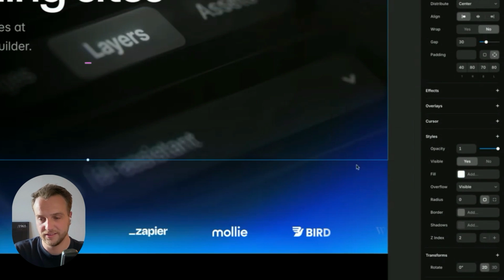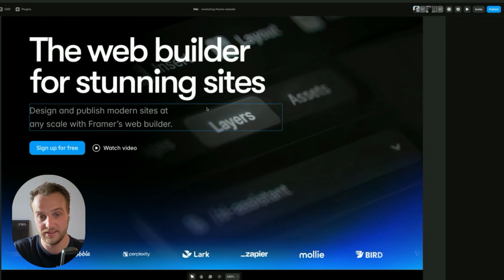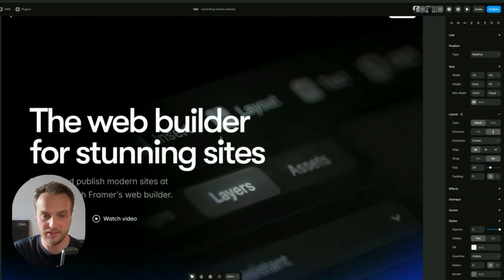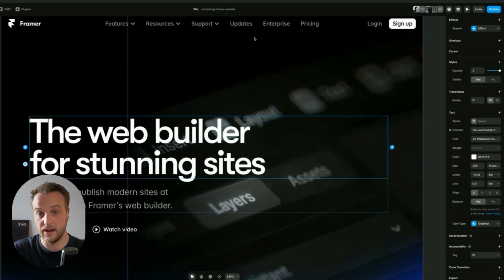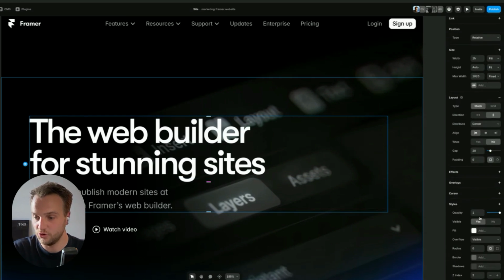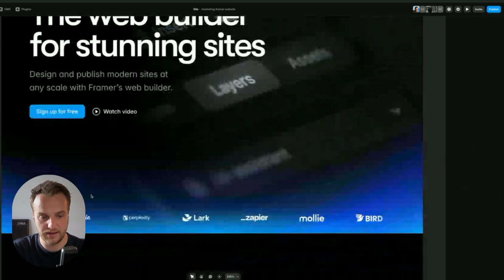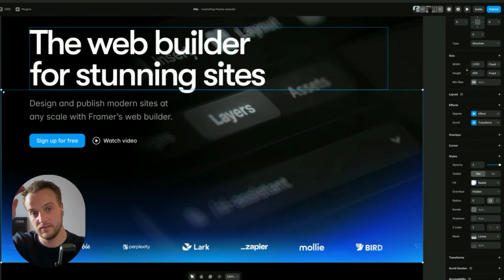So this is a little bit complicated, but there's a scroll section called nav trigger, which is essentially these layers. The reason I called this nav trigger is because by default, our navigation is transparent. So it has 0 opacity, so you can see parts of the video through it. But as soon as I reach this text, I want to change the navigation variant from transparent to the normal one. So you can also switch variant based on scroll positions, etc. But I already had this scroll section called nav trigger. So I was like, I'll just trigger some animation of this glow based on if this text is going to hit the top of the page.